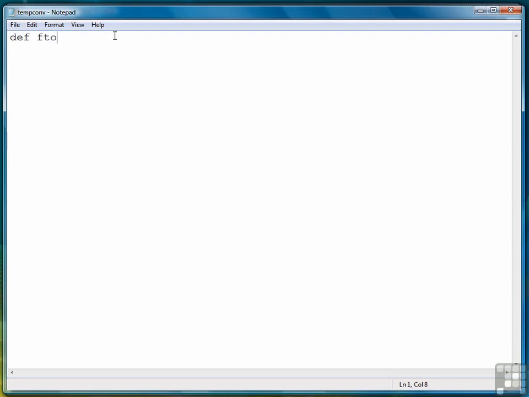What I'm going to do first is write single functions that convert from one scale to the other. So the first thing we're going to do is write a function that converts from Fahrenheit to Celsius using just one parameter. And then we're going to modify a new function that will take two parameters. So to do the Fahrenheit to Celsius conversion, we simply provide a single parameter, temp, and then in our return statement, we take temp minus 32 degrees times 5/9, and that'll give us a Celsius temperature given a Fahrenheit temperature